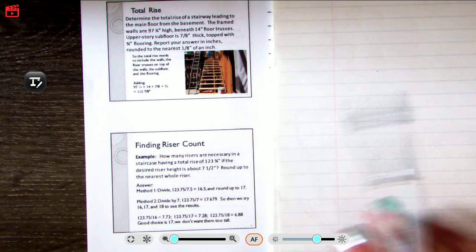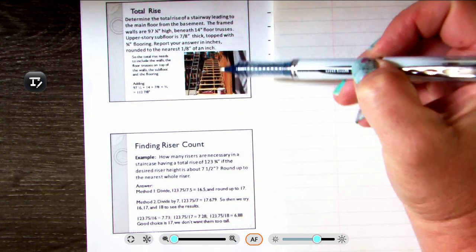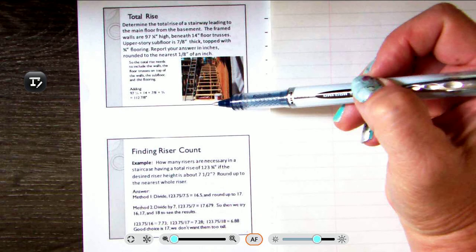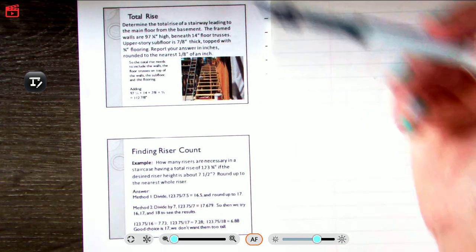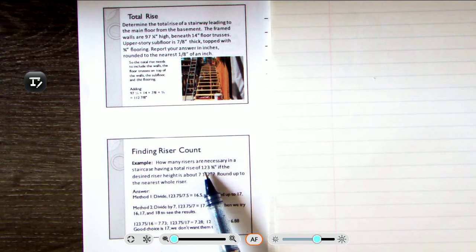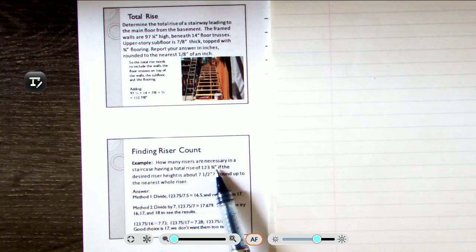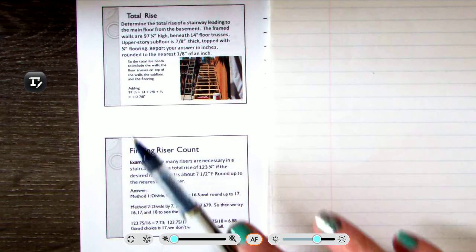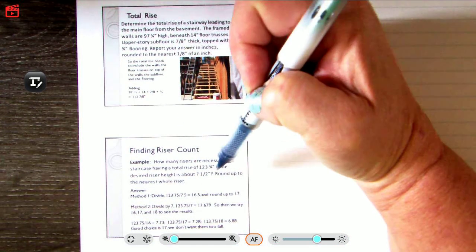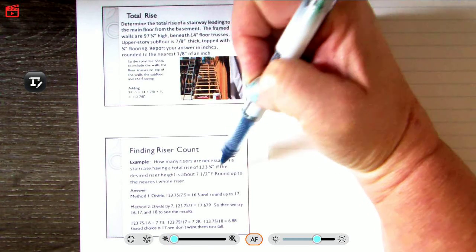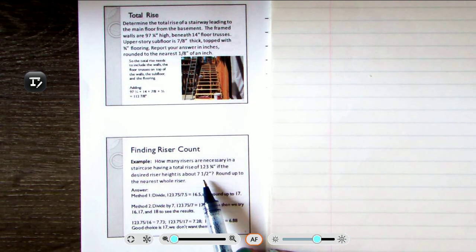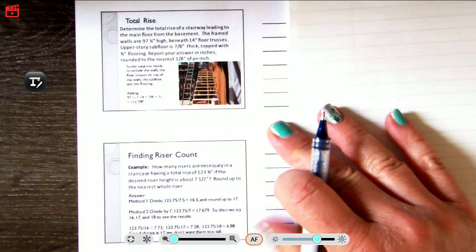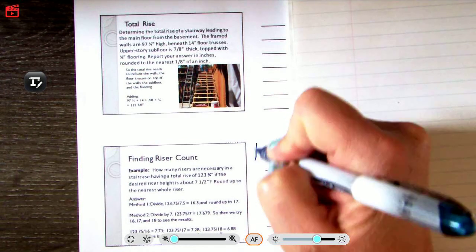Now to calculate how many risers we're going to put in there will depend on how high those steps are going to be. So let's say we have this total rise, a new number here, 123 3/4. Notice it is different than the example we did before, so we're starting with a new problem, 123 3/4. And we want to calculate and have a 7.5 inch rise. So we want to go up 7.5 inches